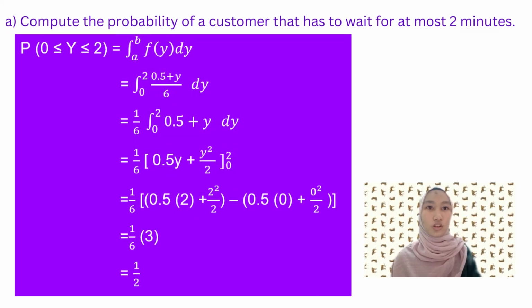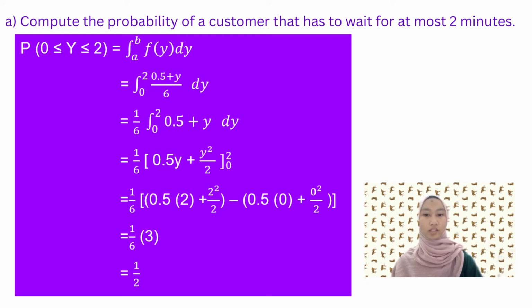For question A, we are going to compute the probability of a consumer that has to wait for at most 2 minutes. The question is about a continuous random variable, so we are going to use the formula of integration of a to b f(y) dy. First, we have to integrate 0 to 2, (0.5 plus y) over 6 dy. Then take out 1/6 from the integration, so it becomes 1/6 integration of 0 to 2,